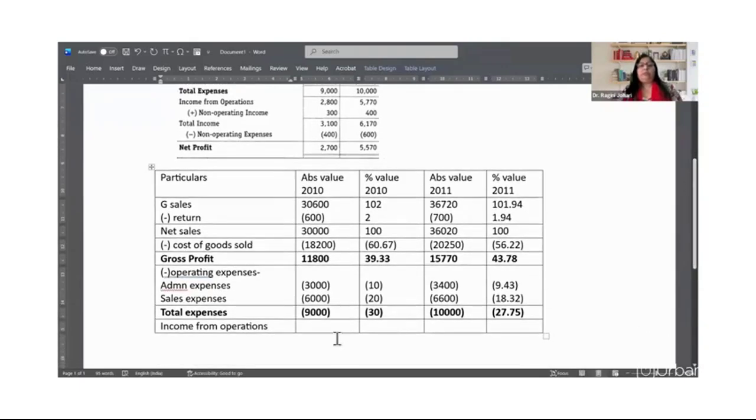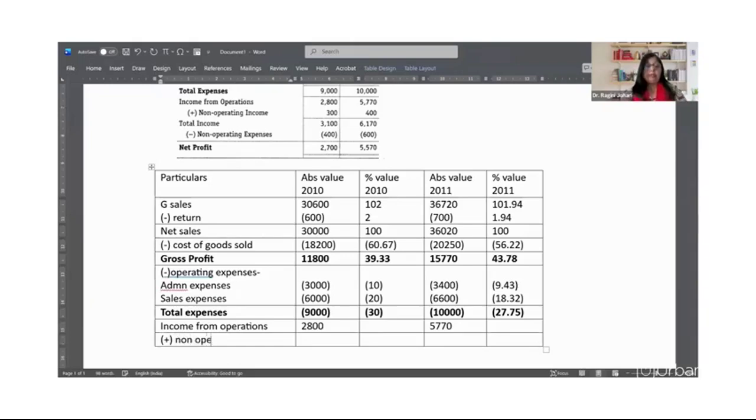The numbers are already written here. This is 2,800 and this is 5,770. Plus, as the question says, add non-operating